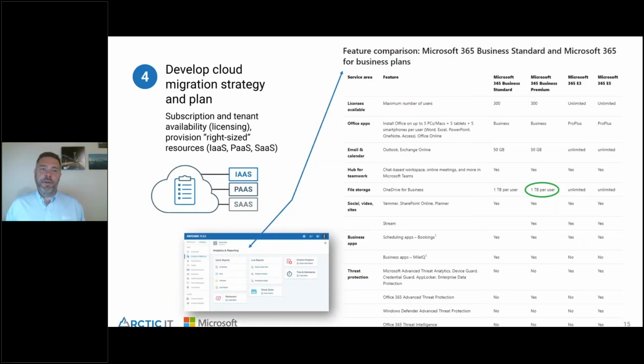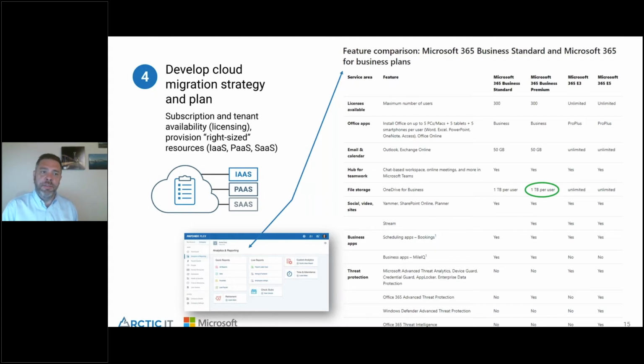So the next thing we want to do is develop a cloud migration strategy. We're going to look at all of the services that you have today. And remember, we talked about infrastructure as a service, software as a service, platform as a service. Maybe you have an on-premise Exchange server today. In my career, the only thing that's kept me up really late at night is managing an Exchange server. Sometimes they can be a lot. But maybe you want to move that into the Microsoft 365 environment, so you're not managing the Exchange anymore. You're letting Microsoft do that.